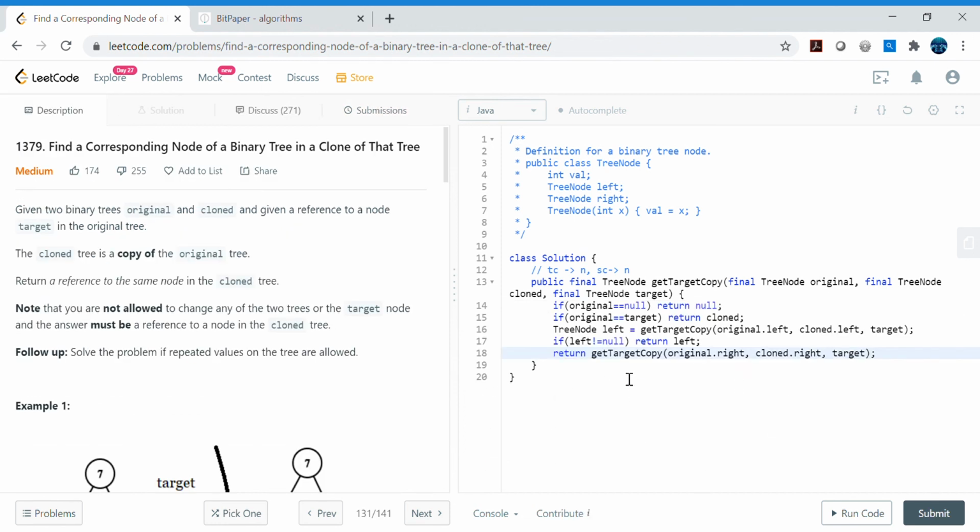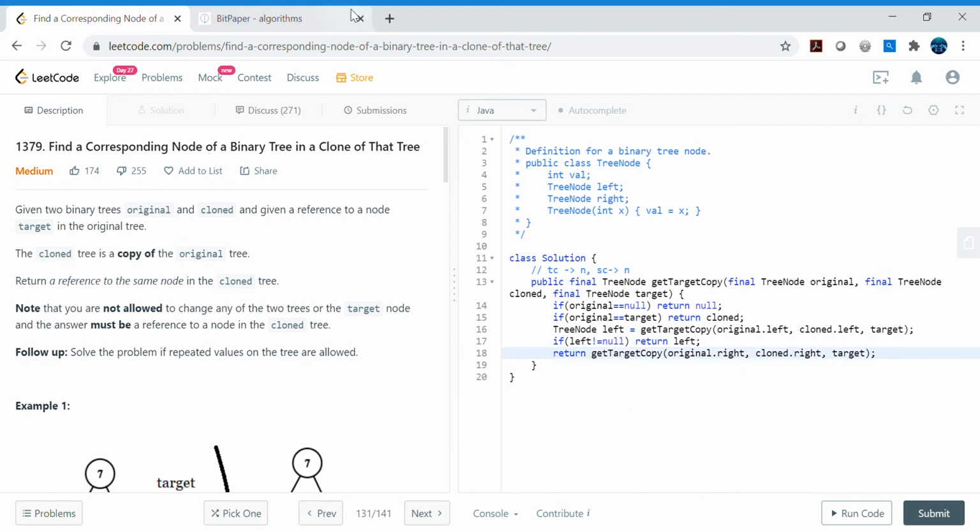So earlier what we were doing, we were just entering in the recursion, and in the last we were deciding. But once we traverse the left side, let's check if left is not null, in a bottom up manner. If we found the left is not null, then return the left itself. Let's not wait on the right side, because there might be the chance that target might be on the left side only, so we don't need to necessarily go to right side. Similarly, if it did not return left, it means that it is on the right side, so then only it will go to the right side. Earlier we were considering left and right, and then in the end we were deciding, okay, if left is null, then return right, otherwise left. So that's the little bit optimization we can add.